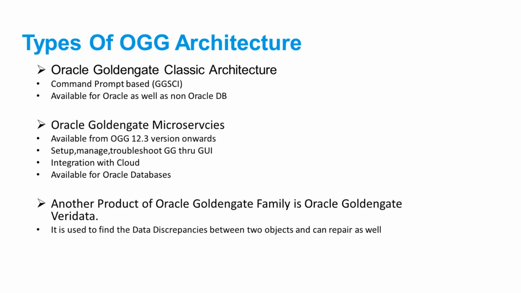As of today, there are 100,000 records on source. Golden Gate is a replication tool, but there may have been some data issue. Today you want to identify whether the source and target objects are in sync or not. So you can use Veridata to run that. Veridata is a separately licensed tool which is used for verifying the data between two objects.